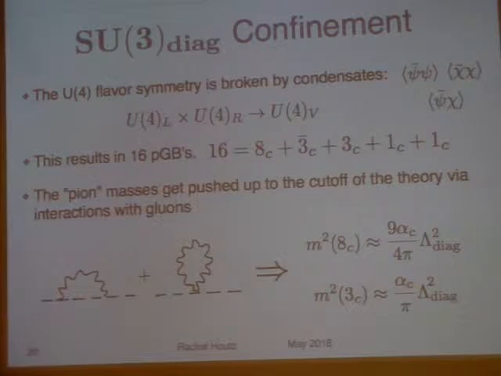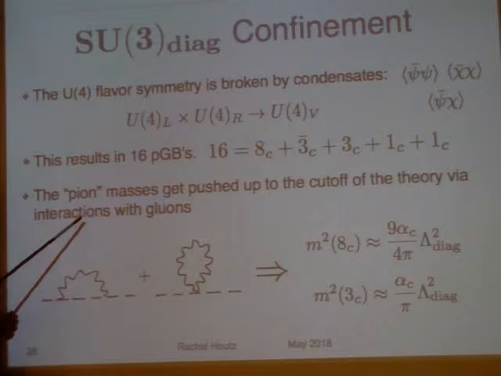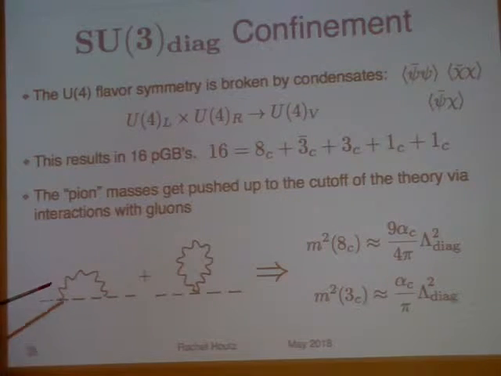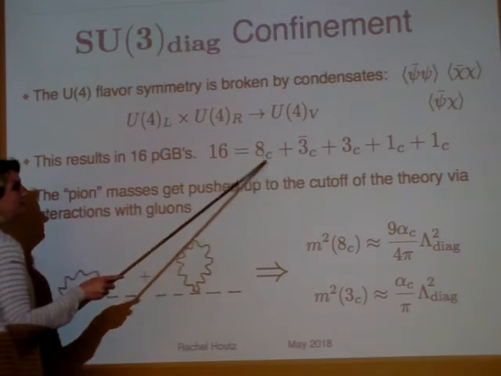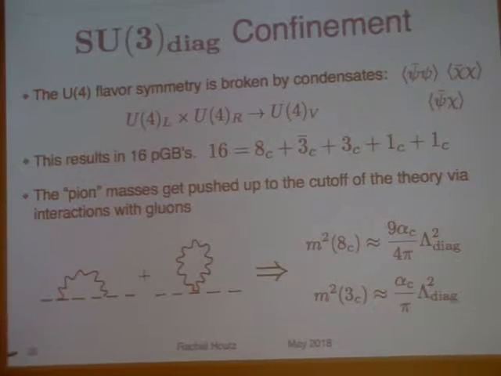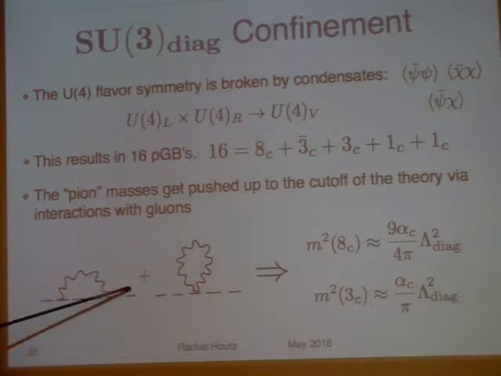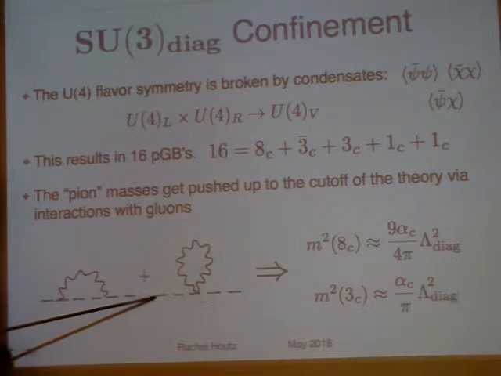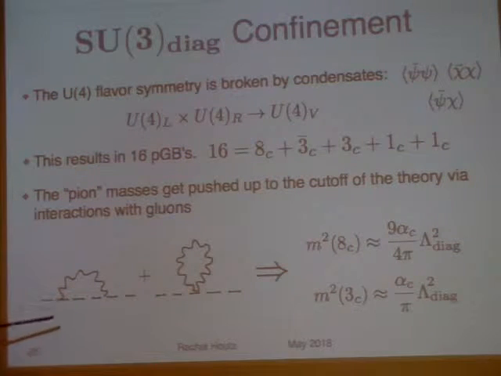And so the exotic pion masses actually obtain pretty high masses, right? Because the pions, at least these guys, are charged under QCD, so they interact with gluons. And these are, at least to me, very familiar Feynman diagrams because they're like the quadratically divergent contribution to the Higgs from interactions with gauge bosons. So these are quadratically divergent.